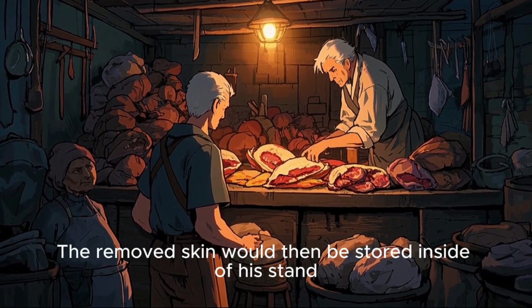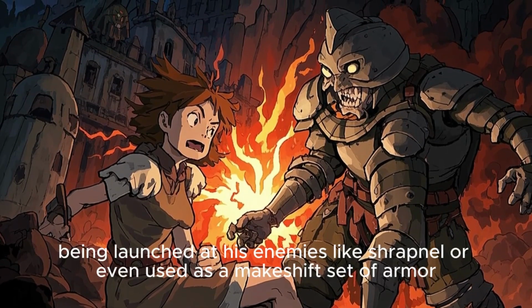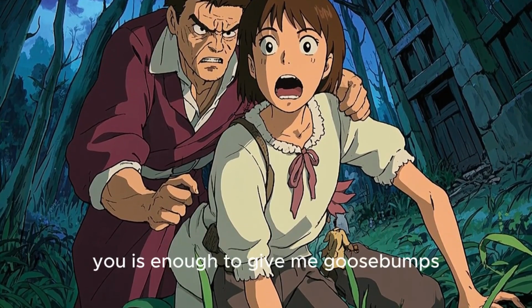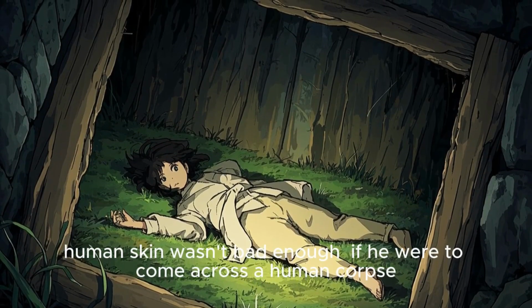The removed skin would then be stored inside of his Stand and used as an arsenal, being launched at his enemies like shrapnel or even used as a makeshift set of armor. Just the thought of this guy stripping you of your skin and then using it against you is enough to give me goosebumps. But things just got worse from there, because as if removing human skin wasn't bad enough,